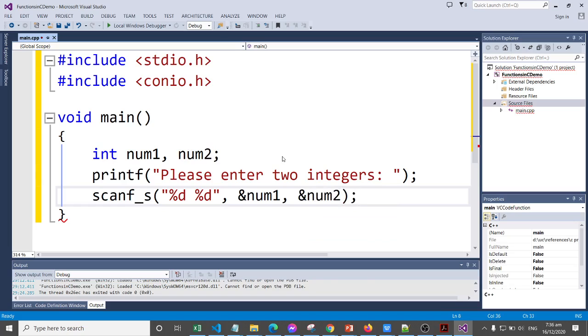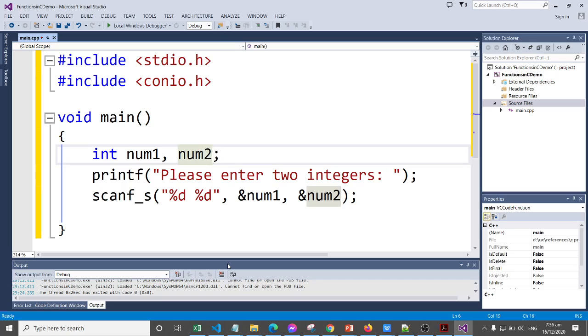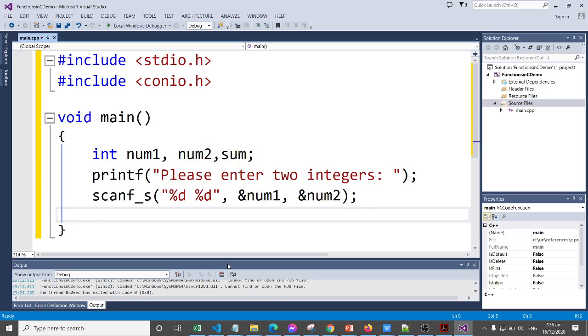Okay, now what we are going to do for these two values is we're going to pass these values as arguments and calculate the sum. So here we need to have the local variable sum, since we're going to assign the value being returned to this sum.